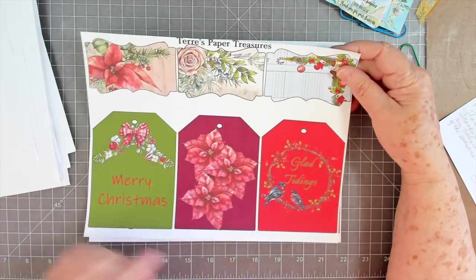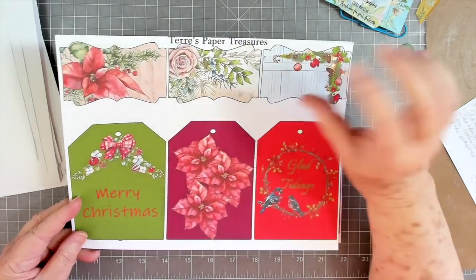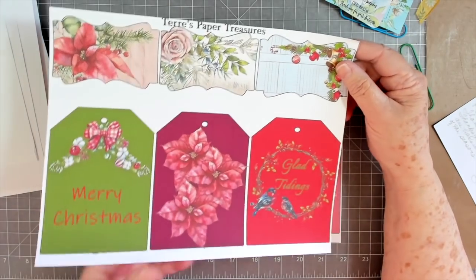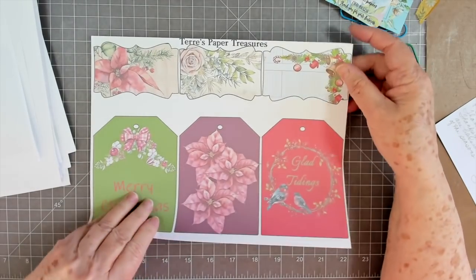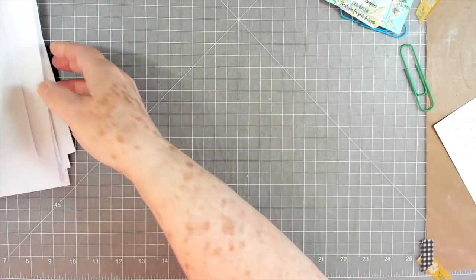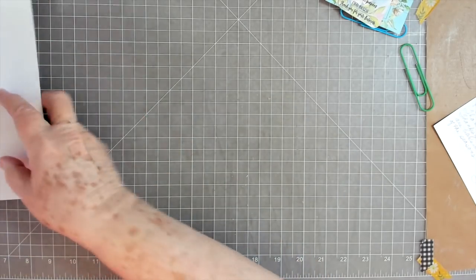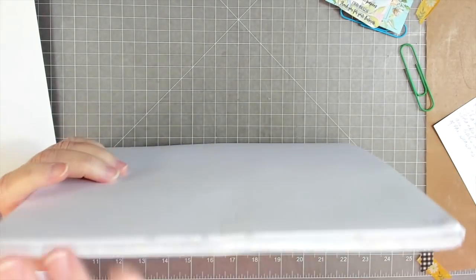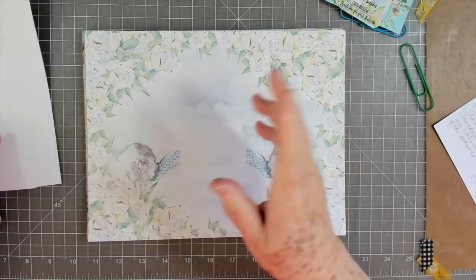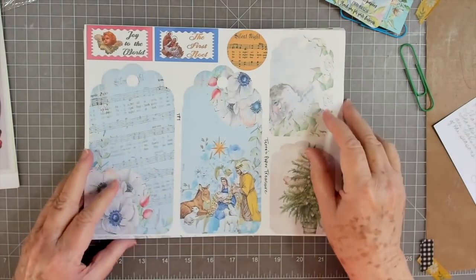All right, and then some tags. And then I guess these could be little journaling cards or little ephemera, whatever you would want to use them for. I love the colors of these. They're bright. And then there's a pastel one too. All right, again, that is Terry's Paper Treasures. If I say creations, forgive me, Terry. I have some that are creations, some that are treasures, some that are...